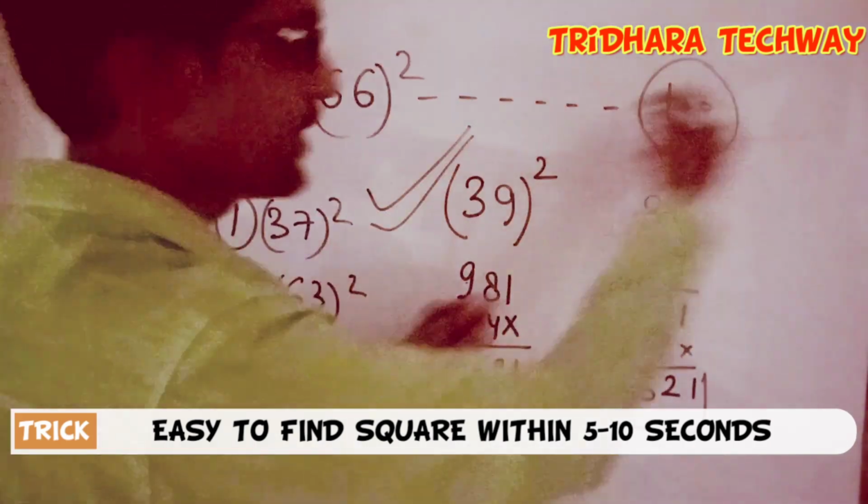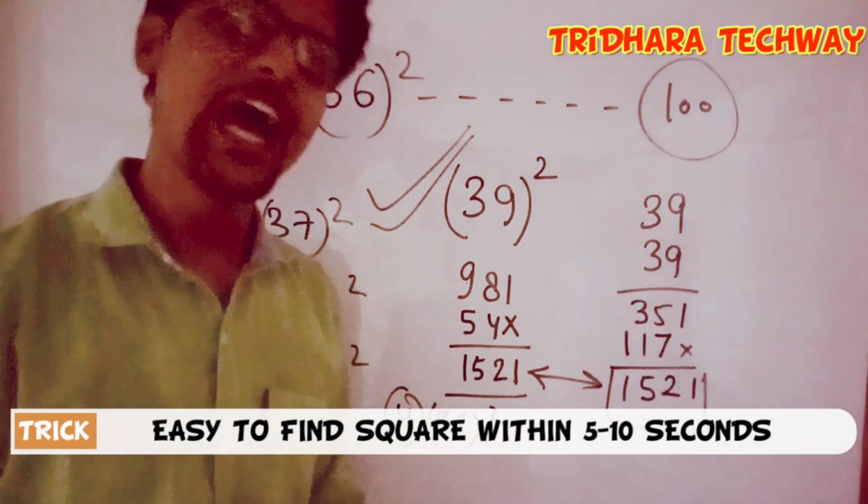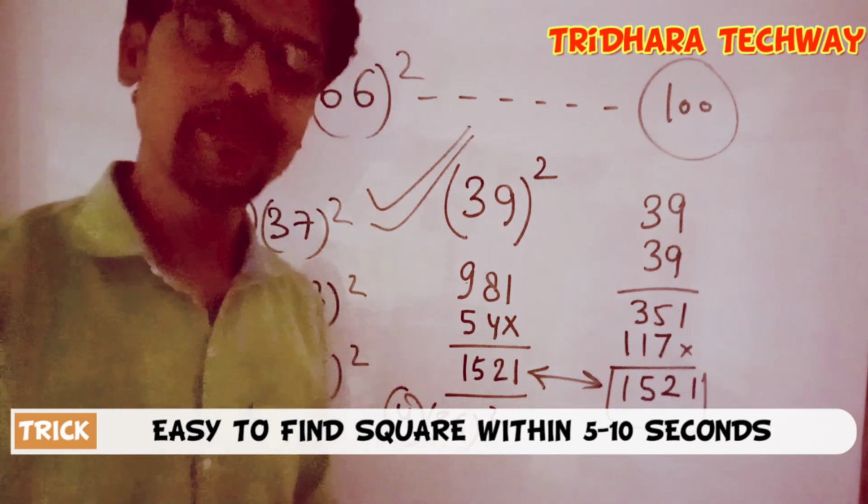Now today we have learned how to find the square of any number between 1 and 100